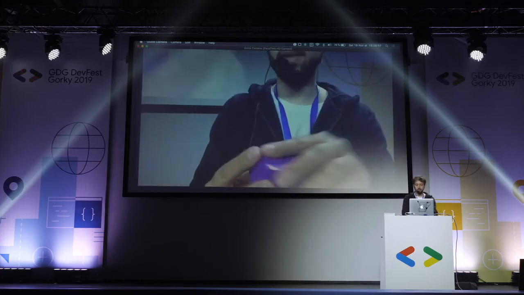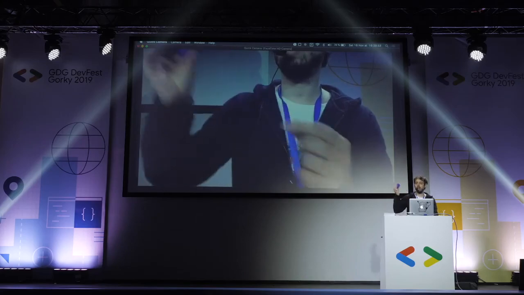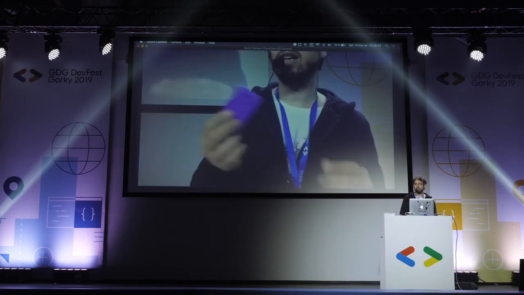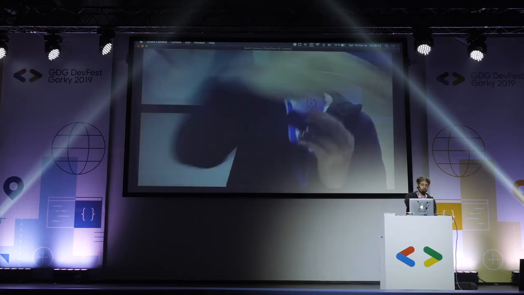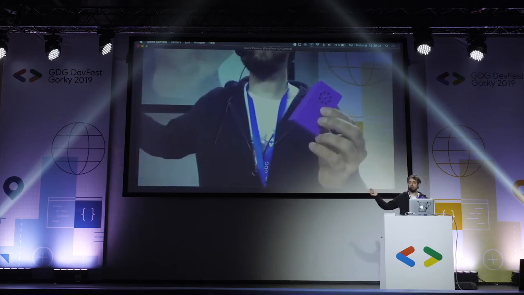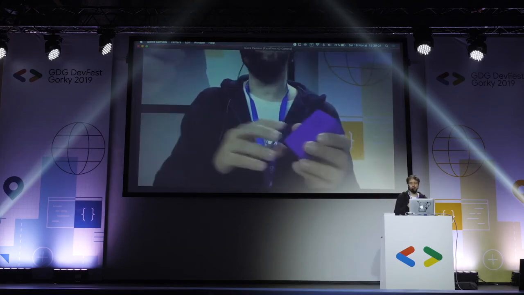I close everything. I put a wire here, and I have that in my home giving me the temperature, each time the same way you saw today, and sending it to Google Cloud, and I can see the temperature in my home every time.